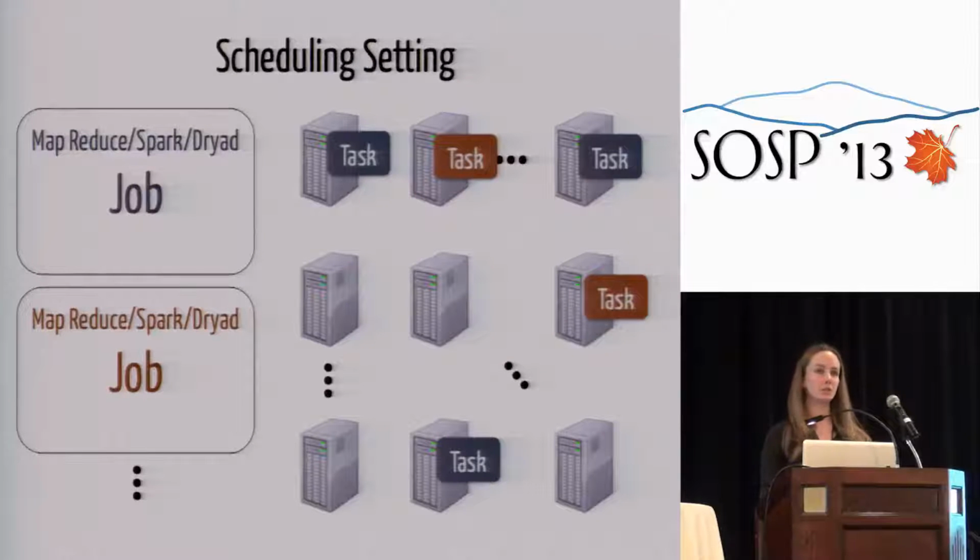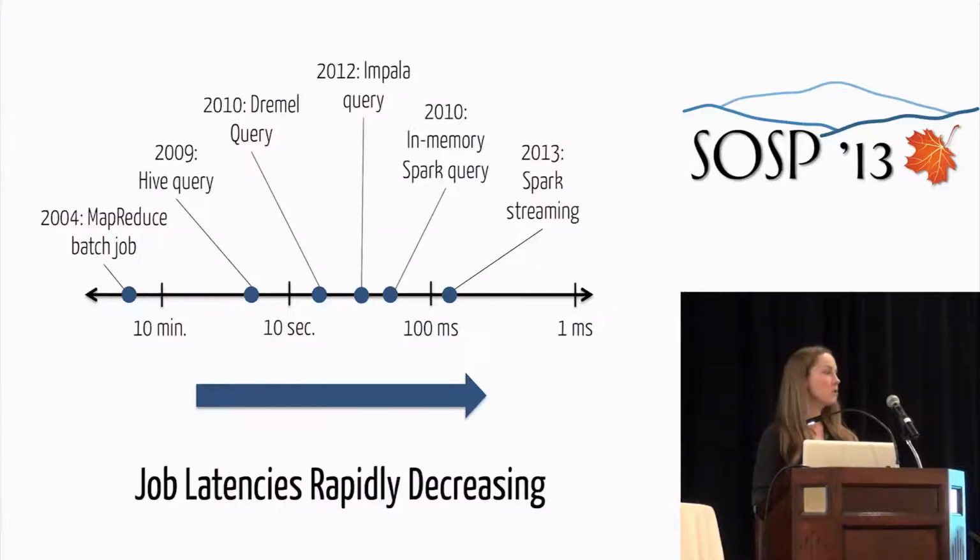Now, if you look at the duration of jobs running in these clusters, there's been a big change over the past decade or so. When people first started running this type of job, they used frameworks like MapReduce, and the typical job took many hours to complete. But ever since the early days, there's been a drive to push down latencies, to still analyze large volumes of data, but to return a result to the user very quickly.